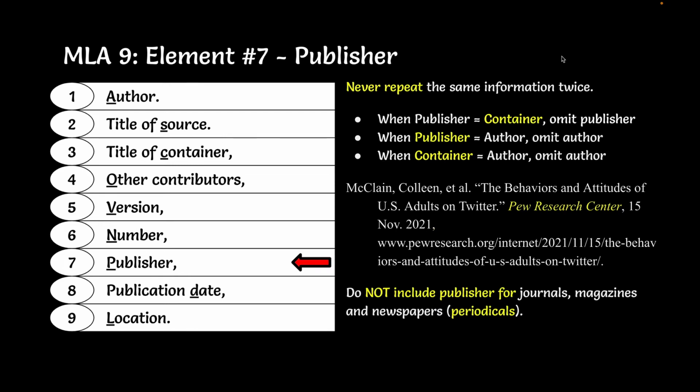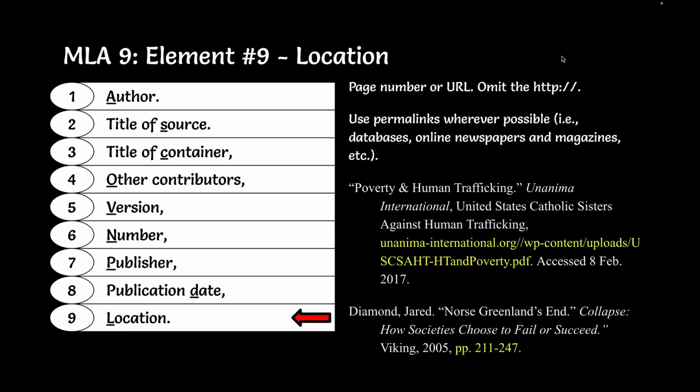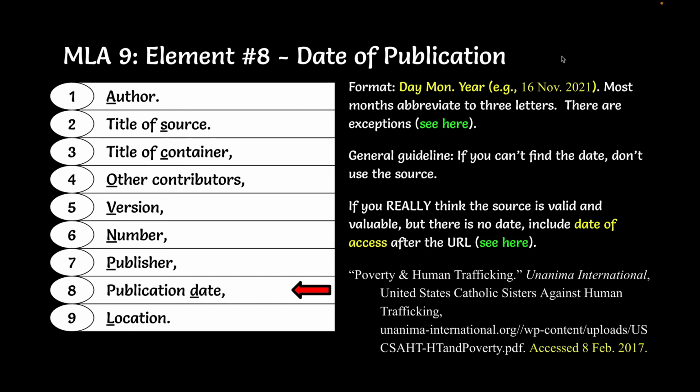And I just skipped straight to publisher because 4, 5, and 6 we don't have that many times, but it's important to note that publisher has the basic rules about when to include it and when not to include it, and you have a few examples. And then date of publication. One of the challenges with date of publication is that it can be really hard to figure out which month to abbreviate. So it literally links to an example of how to abbreviate months for every month there is, which helps a great deal.